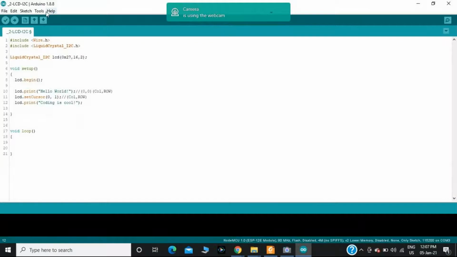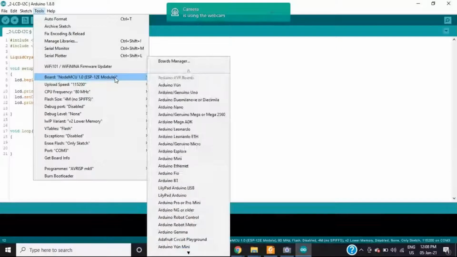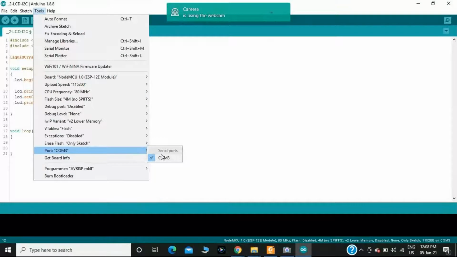Now, once again, I will go to the Tools. In the Tools, I will select the board manager, NodeMCU, then I will select COM3.